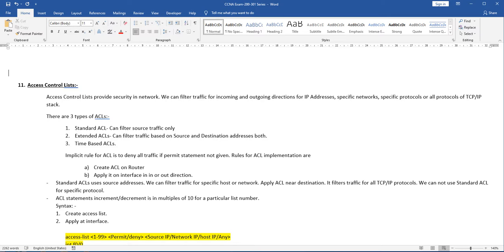Right? Rules of ACLs are very simple. It is very easy to create ACL on a router. We simply have to create an ACL access list and then we apply it on the interface in any direction, be it in direction or out direction, depending on our requirement. So we do not have to do much to apply a standard ACL. We just need to know the basics. So those basic steps we will discuss today. Guys, always remember ACL statements increment and decrement